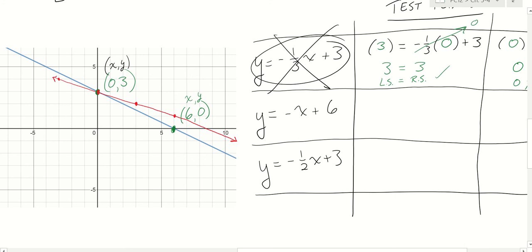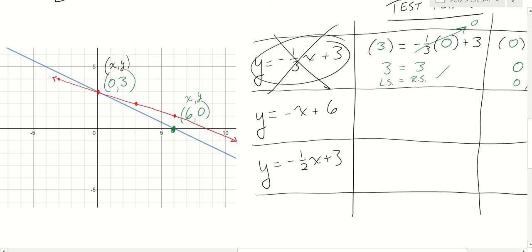So they are clearly different lines. They are very similar, and one of the similarities is that they both have the same y-intercept. But just because they share this one point doesn't necessarily mean that they're going to have identical equations, right? In fact, it doesn't mean that at all,